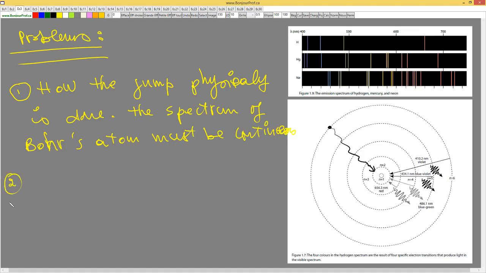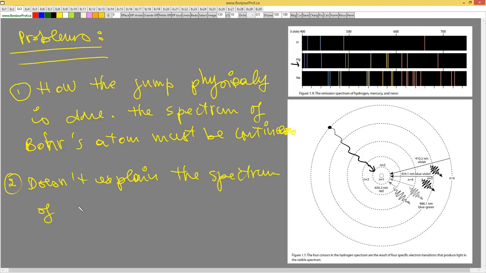The second problem: his model or his equations are not working for the other atoms. It only works for an atom that has one electron only. If you have multiple electrons, you can't. For example, I have mercury here. This is its spectrum. The spectrum of mercury is also discrete. Neon's spectrum is also discrete. But it doesn't follow Bohr's rules of jumping, etc. No, we can't explain that. It doesn't explain